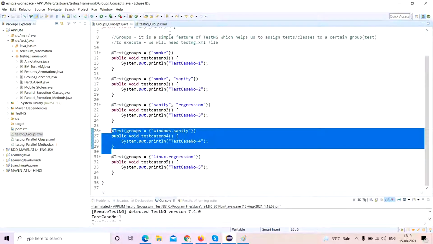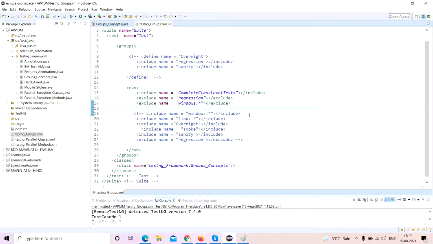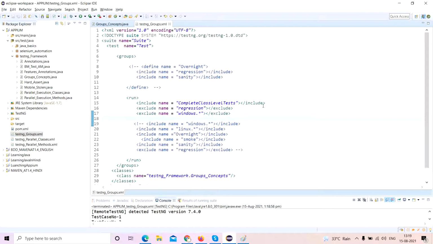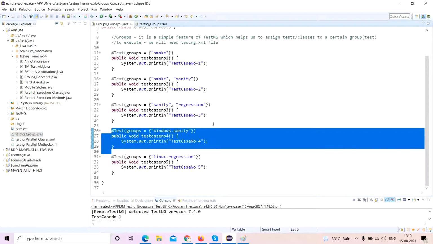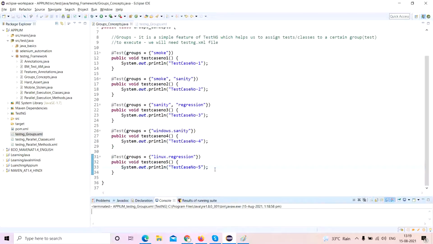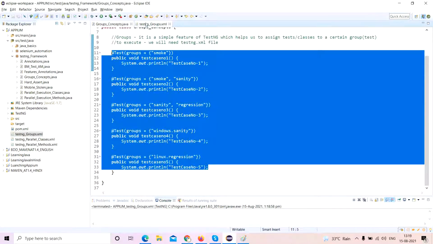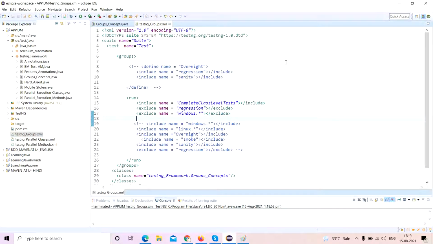So typically this is how you will use inclusion and exclusion. It is totally up to you. You can make multiple group testng.xml files to manage your code. I'm just showing with 5. See, it is very simple for me in a YouTube channel to showcase 5 test cases and do this. The challenge actually comes when there are 500 and you have to rack your head over a lot of things. But this is exactly the concept you need to work on. That is what I wanted to say. You can have a lot of inclusion, you can have a lot of exclusion, and this is how this typically works.